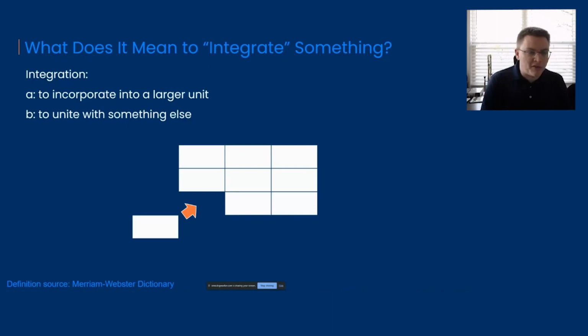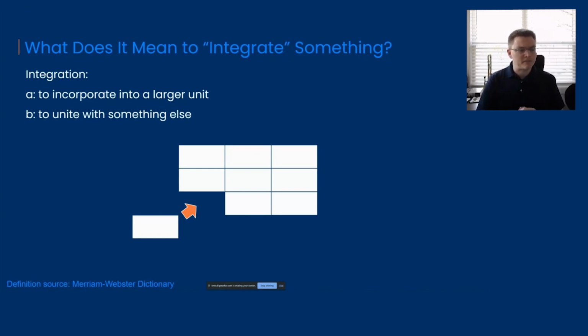So first, I want to start off by asking a question. And that question is, really, what does it mean to integrate something? You know, the word integration gets thrown around a lot, and we talk about how we want to take these things and integrate them together. And that word comes up a lot, specifically in value stream management. So I want to take a moment to step back and really ask ourselves,